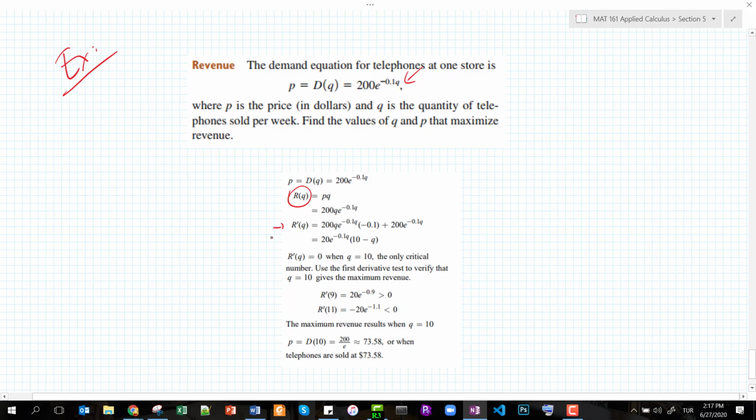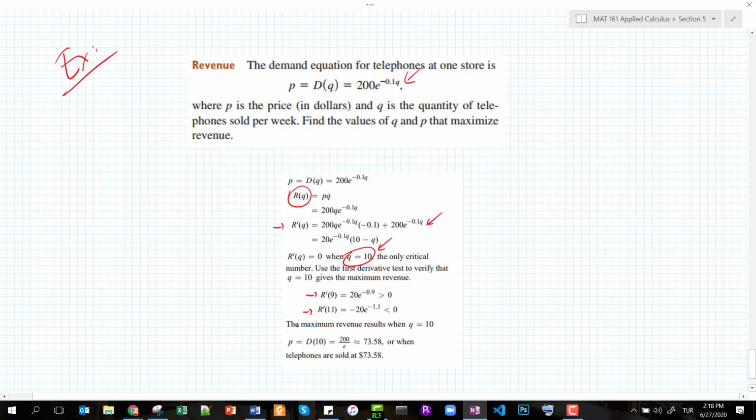If I would like to find out when I can make the maximum revenue, as you know, you need to take the derivative and then find the critical point. After doing that, as you see, this is just the product rule application again. Q is going to be equal to 10. That's my critical point. I need to check if I have the maximum around this point,